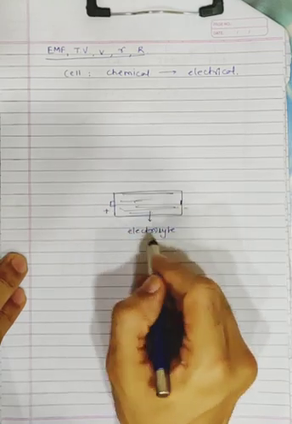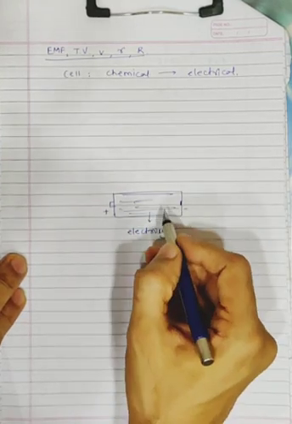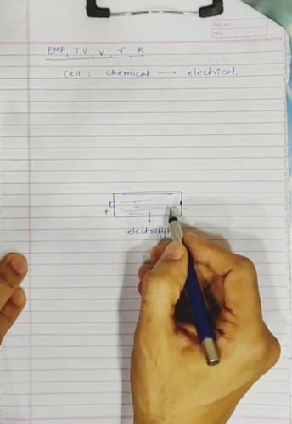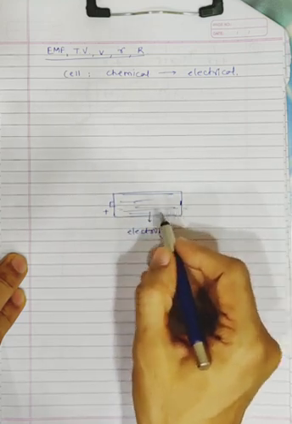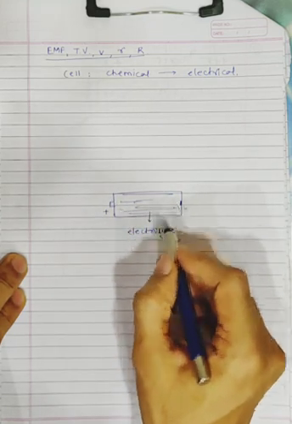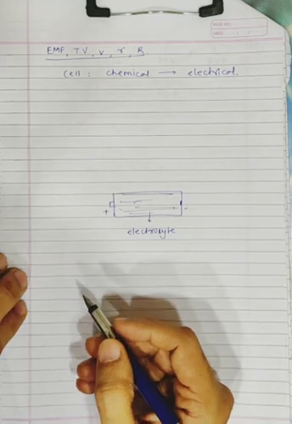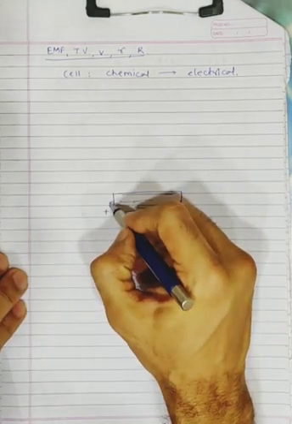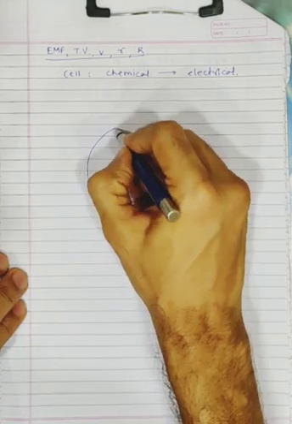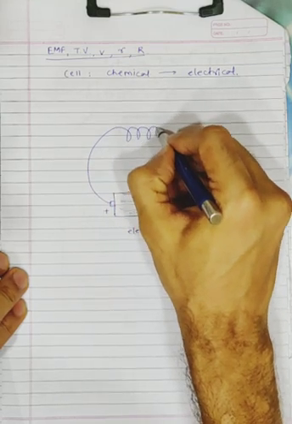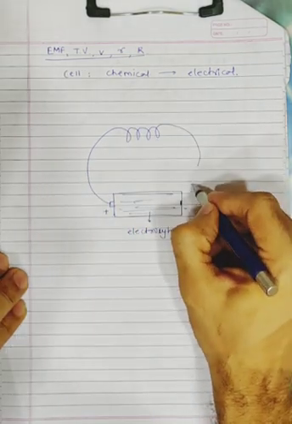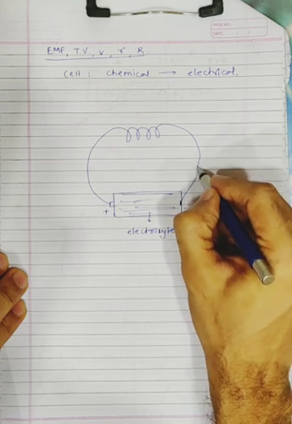Now because of the reaction in this electrolyte, they will release electrons. Also there are positive ions and negative ions. So this end will become positive, that end will become negative. Now here, let's say from here we take a copper wire. There is a resistor R here, and then there is a key here.